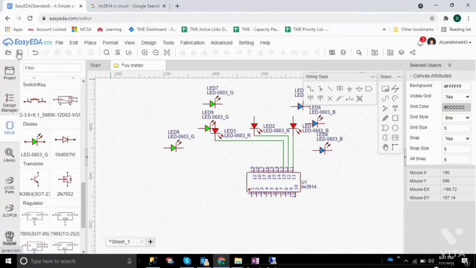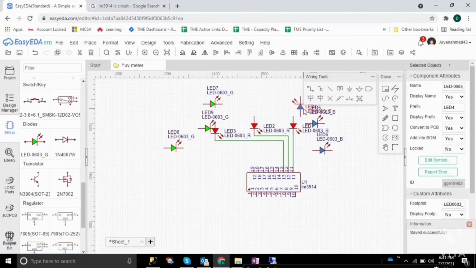But if you are using a desktop PC, one main thing to do is save at every point, because if the PC turns off for some reason, you might lose your circuit.